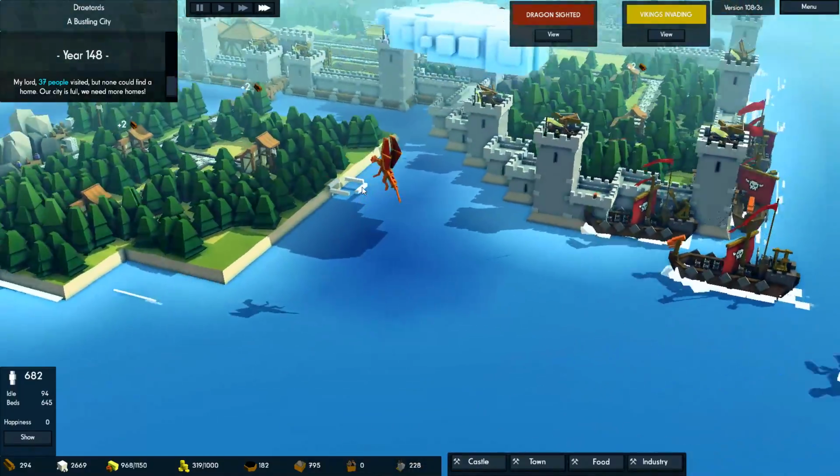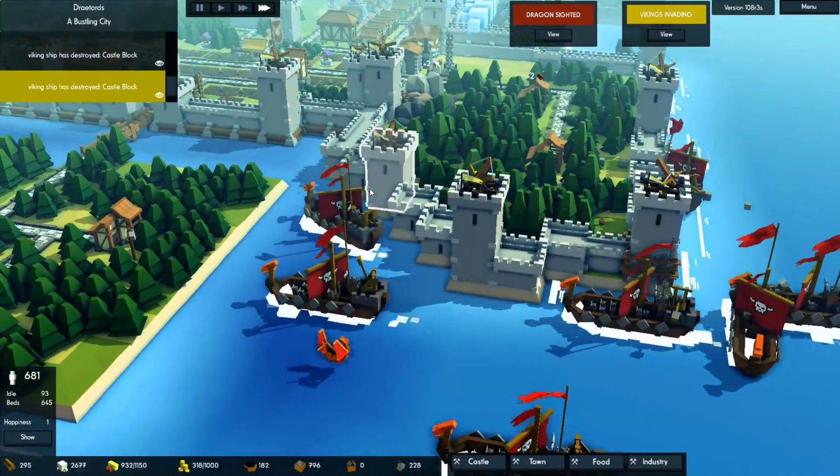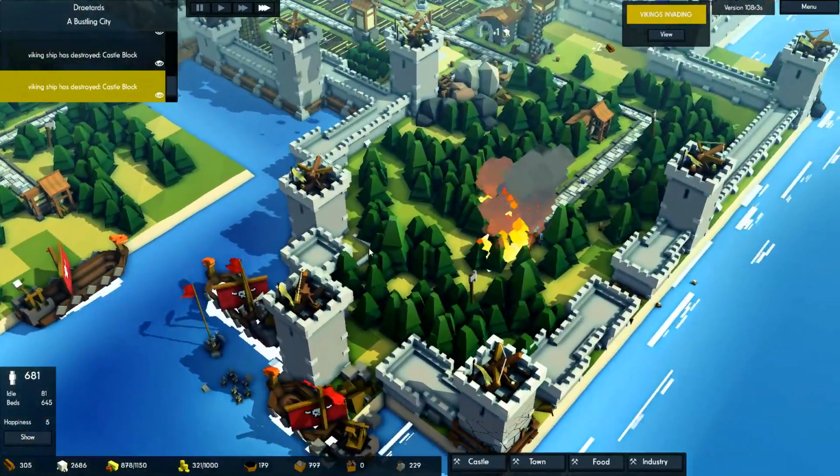That's the 2nd time in a row. Oh, you got dragons this time. Clearly the dragons and the Vikings are working together. Dragons already down. Looks like they're gonna be invading this land again, so I have to make sure my loggers are all okay there. Oh my god, they're already...